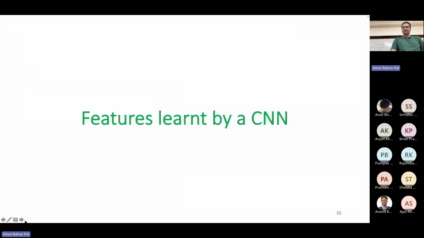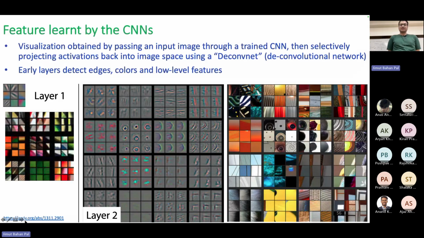Okay, so now let's look at the features learned by the CNN. There is a paper you can refer to in this slide. What they did was visualize the features obtained by passing an input image through a trained CNN and then selectively projecting activations back to the image space using a deconvnet. They proposed a deconvnet kind of architecture, with which they see which part of the image or which